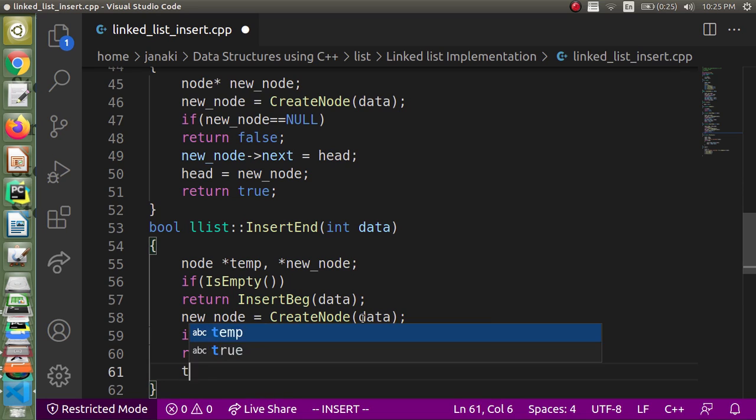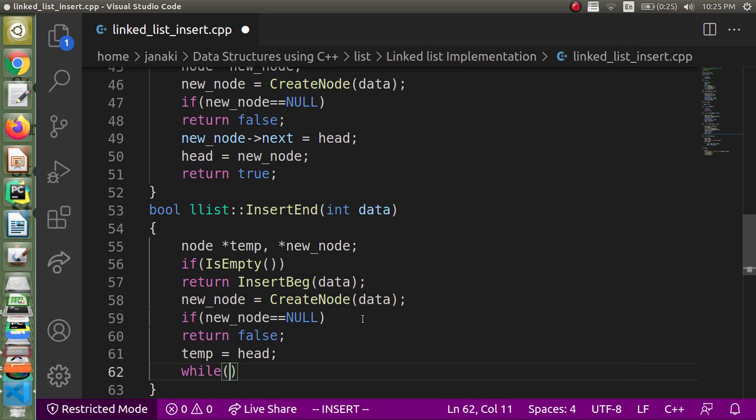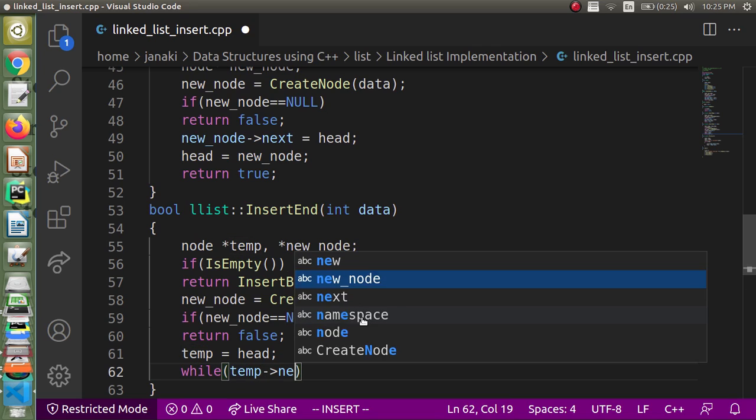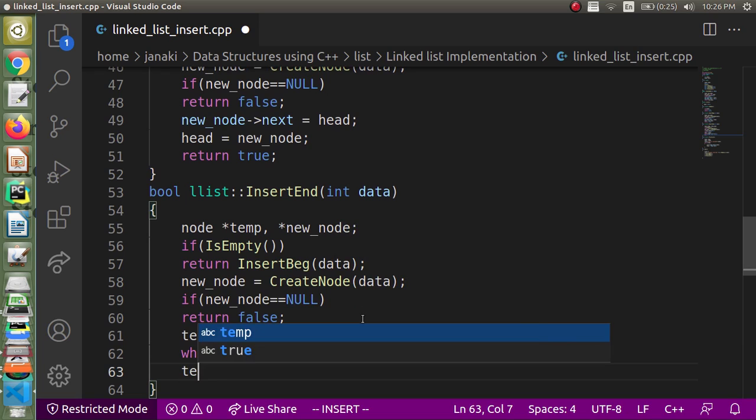We should initialize temp equal to the head of the list, and then you should say while temp next. Actually, in print we might have written while temp not equal to null. There you go outside the list, meaning the temporary pointer has gone outside the list. Now I wanted to point to the last node itself. I want to stand there. So I am going to say while temp next not equal to null, I should not move the pointer further. Otherwise I am going to say temp equal to temp next.